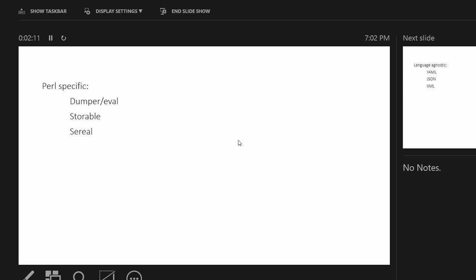Instead of printing out Perl code, it prints out a binary format. Sereal does the same thing. It's a serializer written by the folks at Booking.com. They always promote it very heavily at YAPCs. If you want something that's language agnostic,